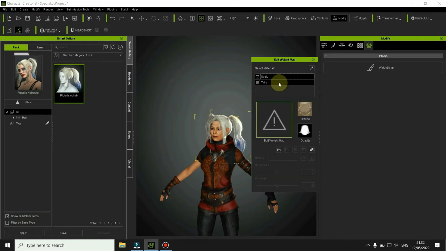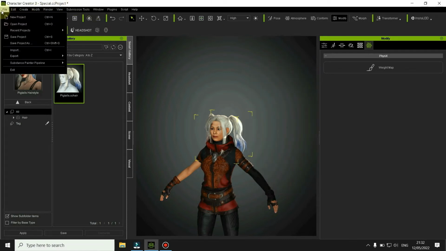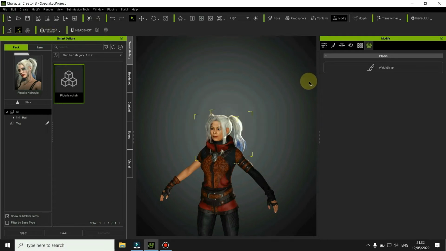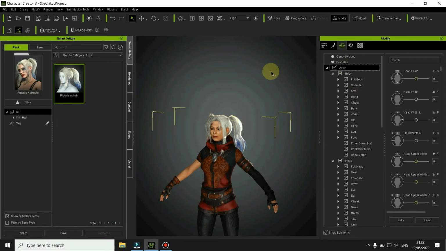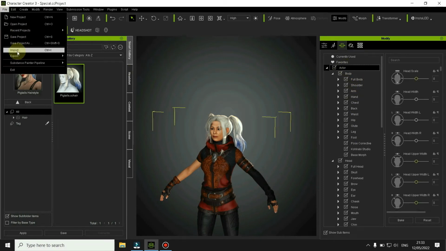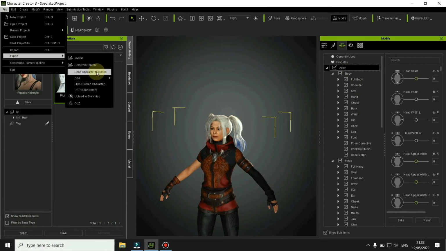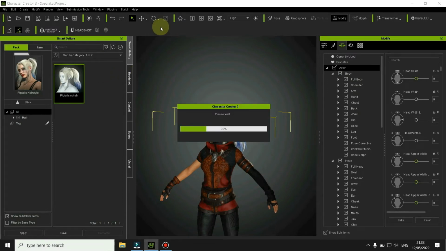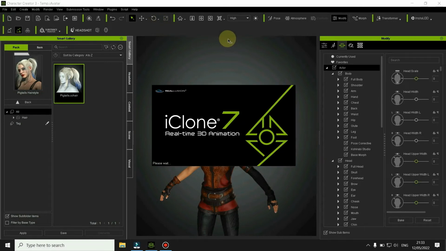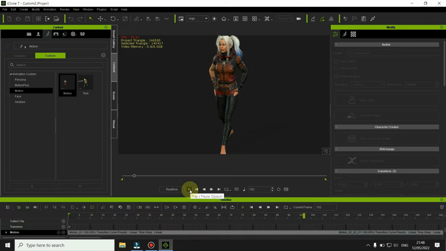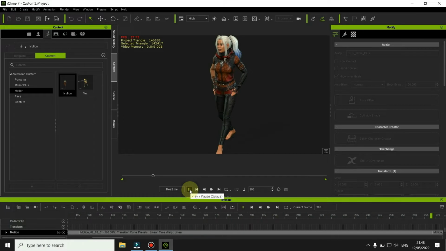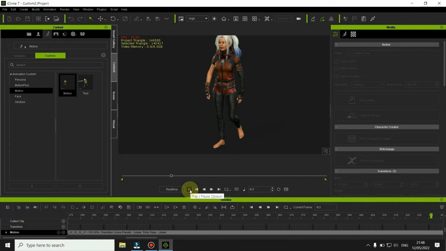Now obviously if we had a dress, we'd have to get rid of the weight map on that as well. So remember, get rid of the weight maps on any clothing like dresses or cloaks, because they will look dreadful when they go into Unreal Engine. Hairstyles, especially long female hairstyles, can cause a lot of issues. So the best thing to do is just get rid of the weight map completely. It doesn't cause any issues in Unreal Engine. Once all that's done, you can transfer that character back in, so make sure you select the actor, and then go into File, Export, and send that character back into